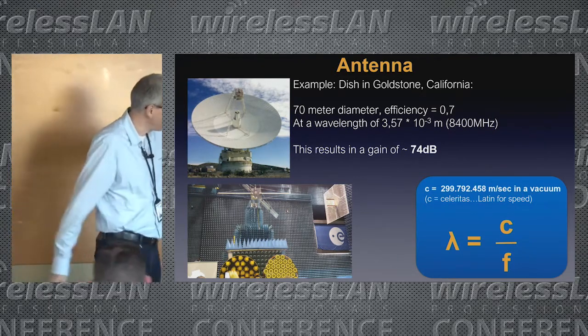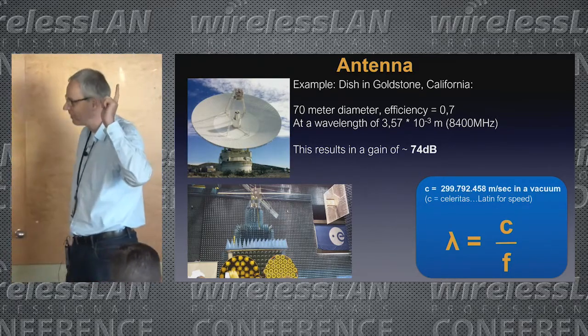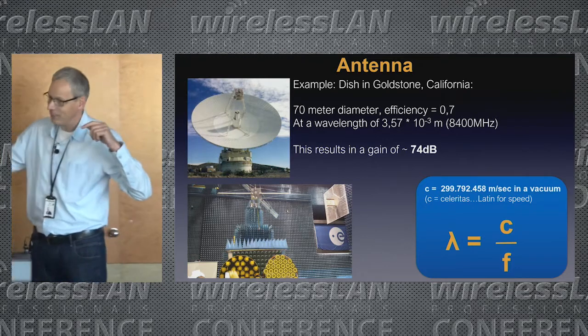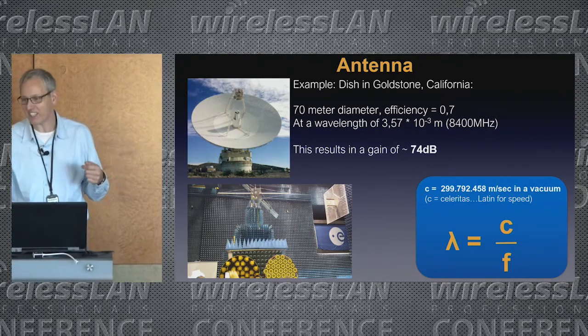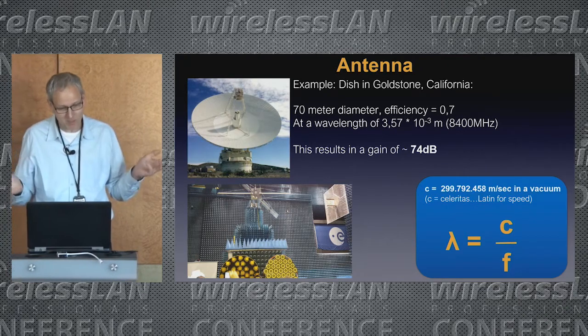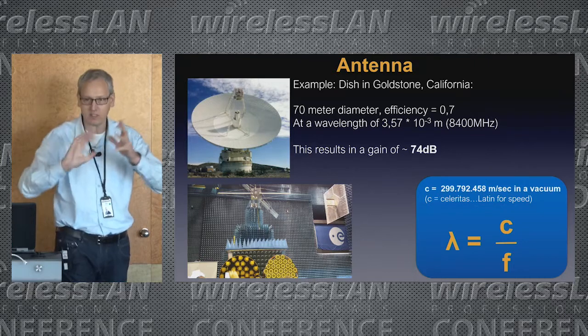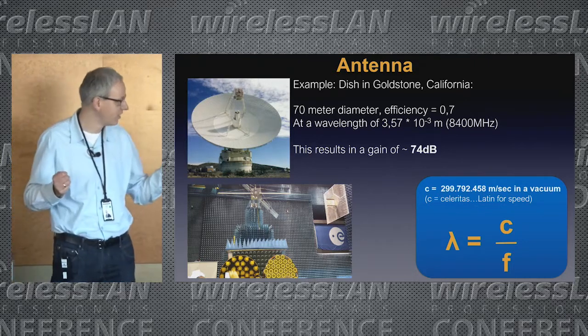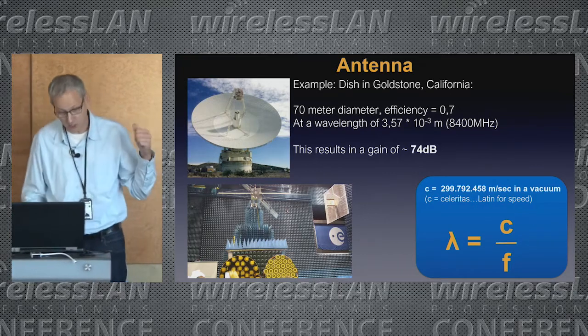The one at the bottom left is a test in an anechoic chamber, and I hate that word. We all do. I'm not a native English speaker, so that's where I go wrong. That's where they test these antennas as well, and where you get all those nice graphs and stuff like that. The difference is they test them for satellites and deep spacecraft, which is a lot of fun.